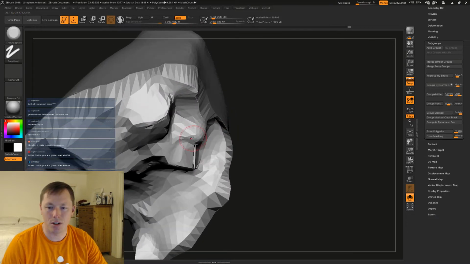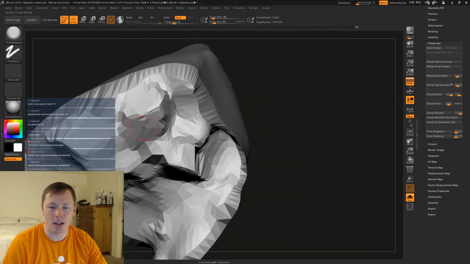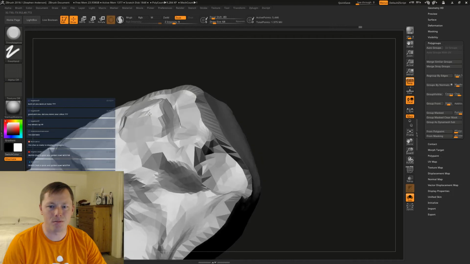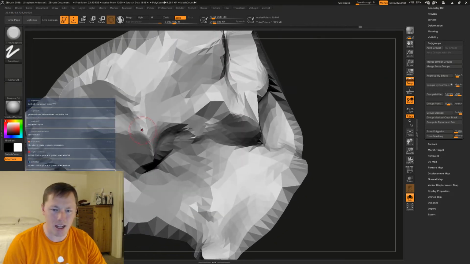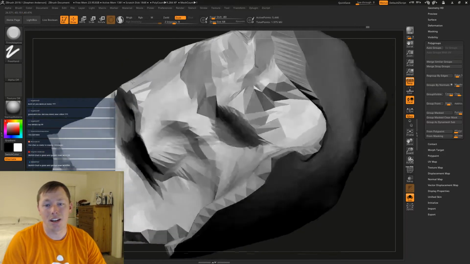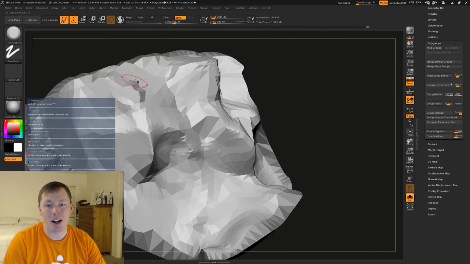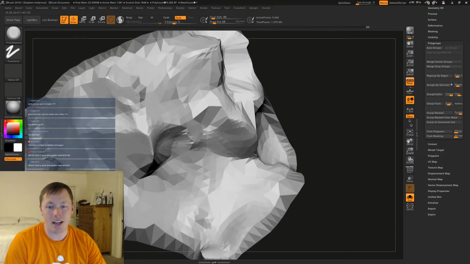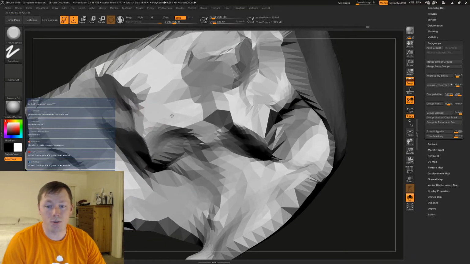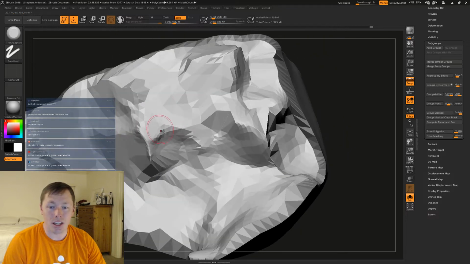So for instance, trim adaptive doesn't really do anything adaptive. To me it feels like it's going through and it's just flattening things. And you see that it kind of brought everything up to that same plane, which is cool. It's useful, but you have to know what the brush does in order for it to be useful.